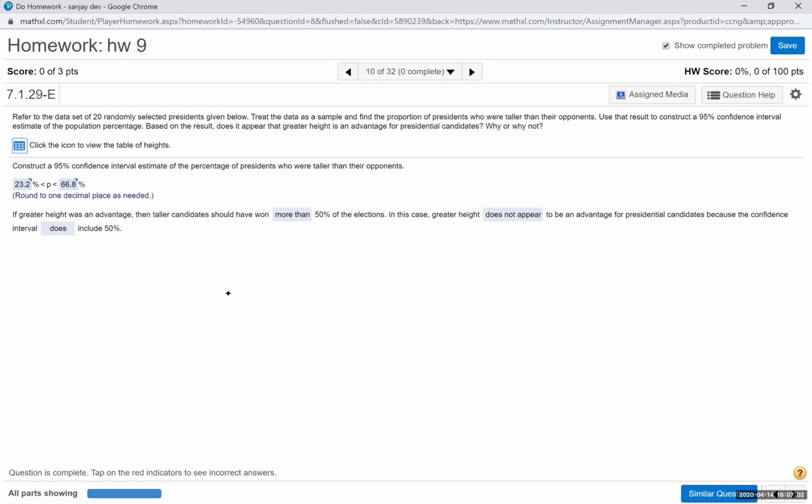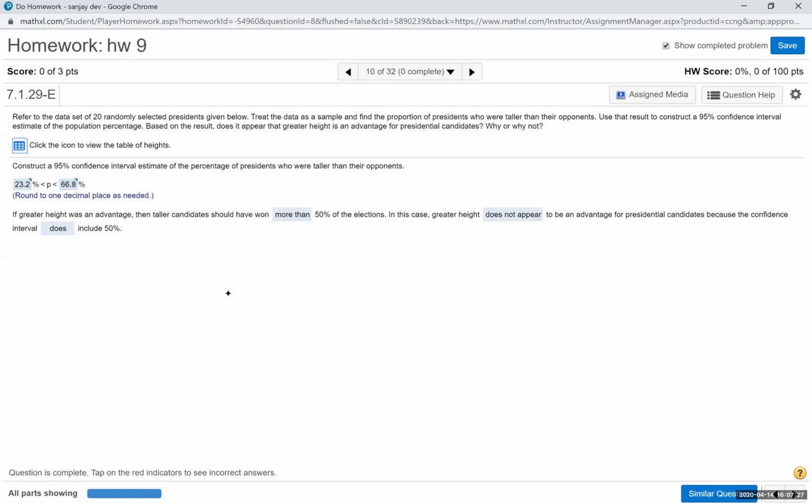Okay, is this 50% inside here? It is in here. So you can't tell that the taller person had an advantage or the shorter person had an advantage because 50% is here. If this answer was 53.2 to 66.8, then you would say, yeah, the taller person had a little bit more advantage, okay? So if greater height was an advantage, then taller candidates should have won more than 50% of the